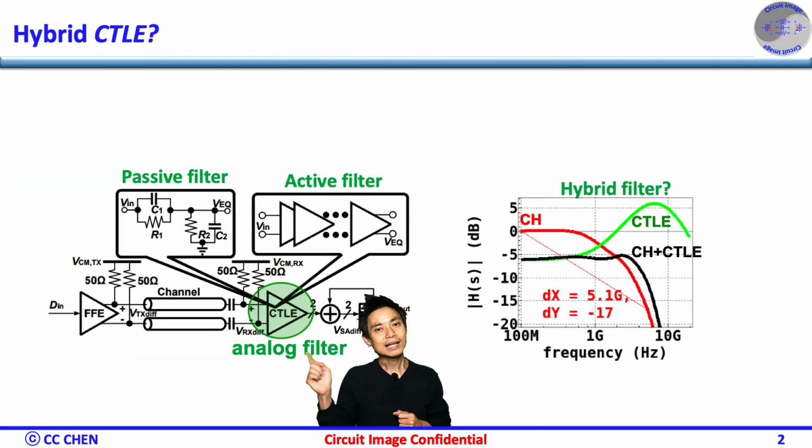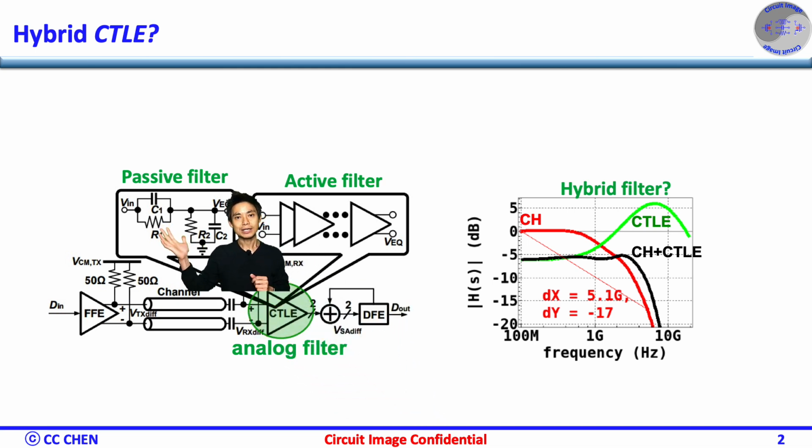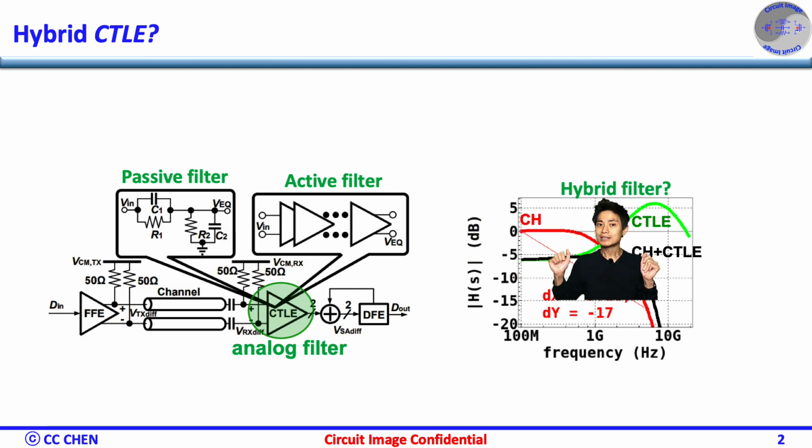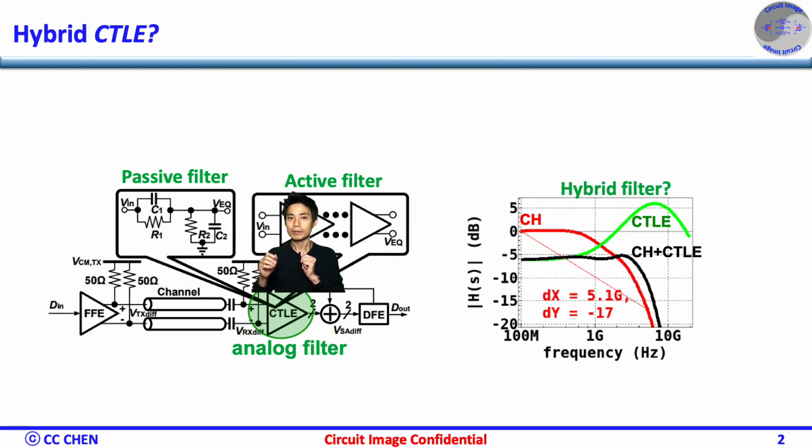Correct. Last time, we discussed the impaired images of the passive CTLE and active CTLE respectively. That motivates people to choose one but not the other. Instead of looking at their impairments, can we look at both advantages and combine them to be a hybrid CTLE to achieve the best equalization performance? If your answer is yes, then we should look at the strength images of the passive and active CTLE respectively